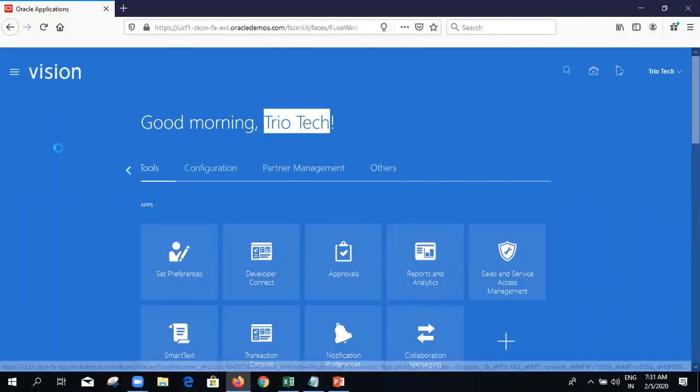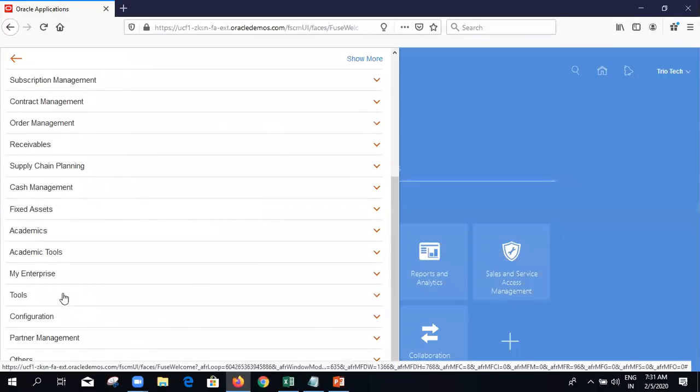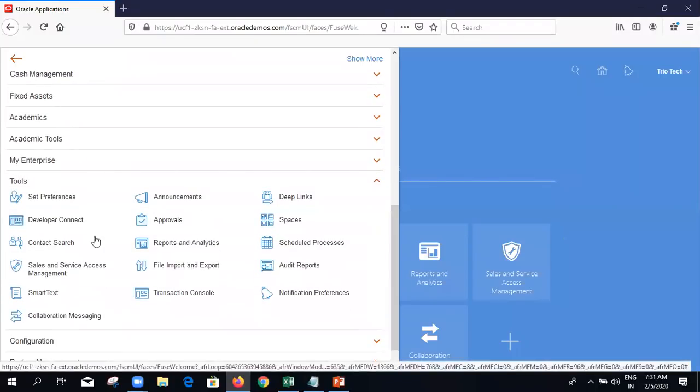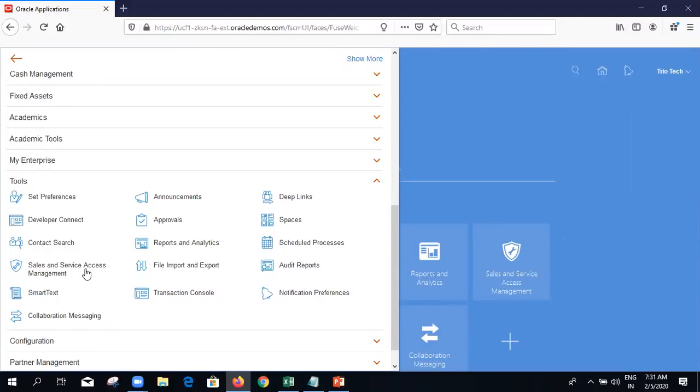And now, in order to create this user account, I went to navigator, and then I clicked on tools. Under this, I went to security console, right, for creating the user account. But for this particular user, I am not able to see that security console under tools. Whereas with HCM_IMPL, when I logged in, I can see the security console option here under tools, but not with this user account.